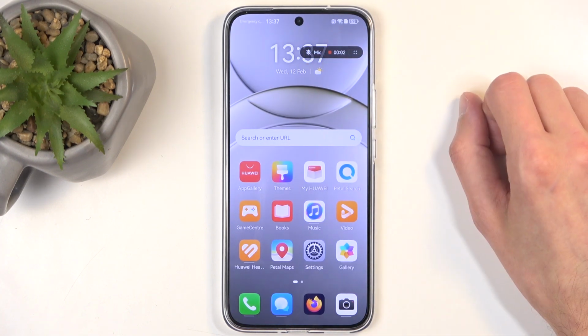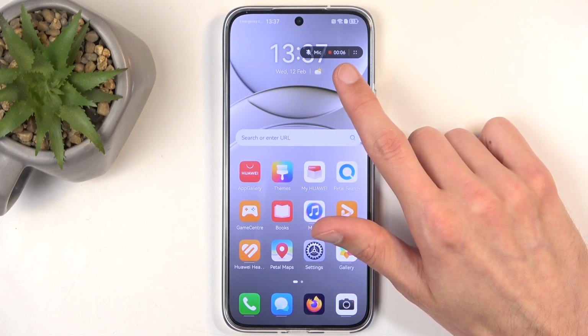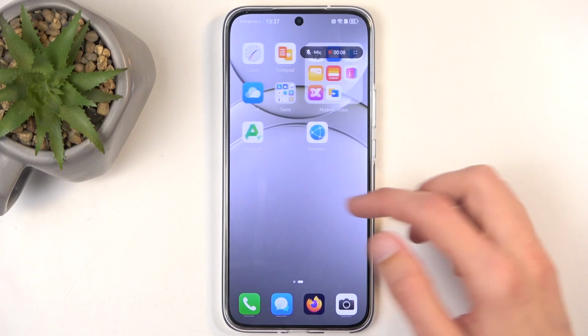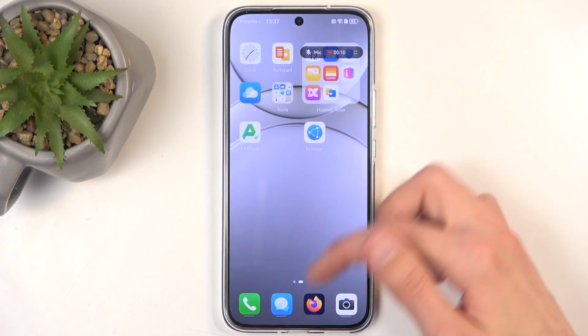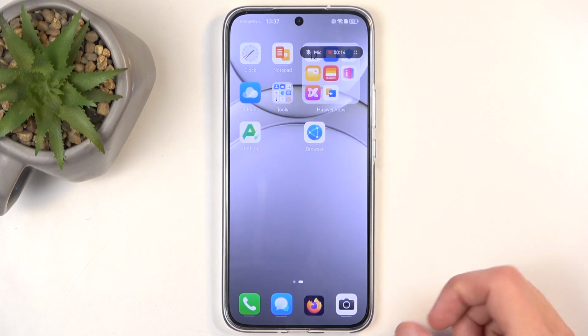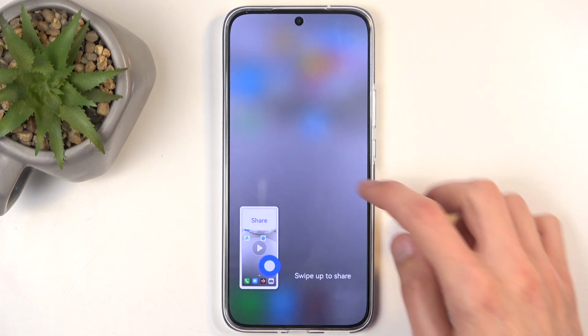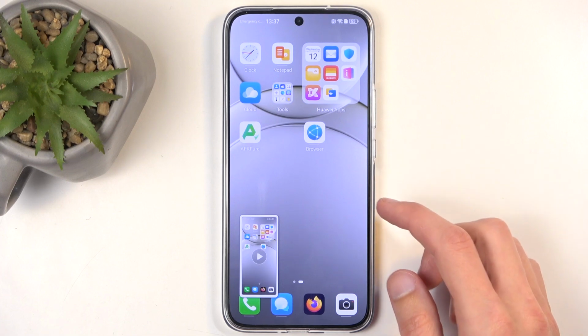We have this overlay right here. It does automatically start recording. I did turn off the microphone as it is enabled by default. So right now whatever you'll do will be recorded by the device. So just open something like a browser. Once you're done, you can click where the timer is, and this will automatically save your screen recording to your